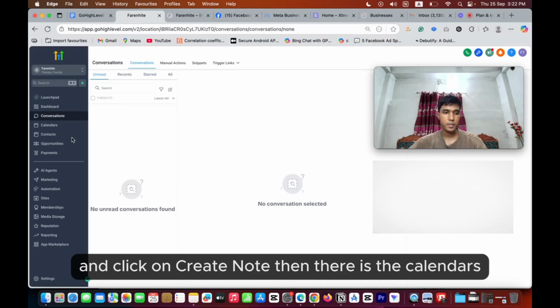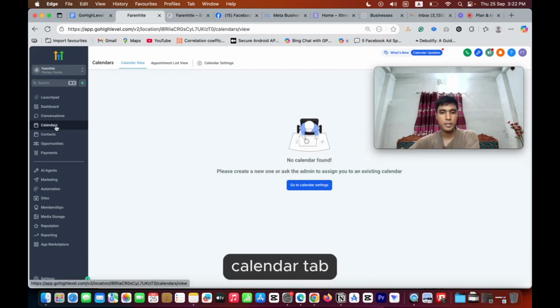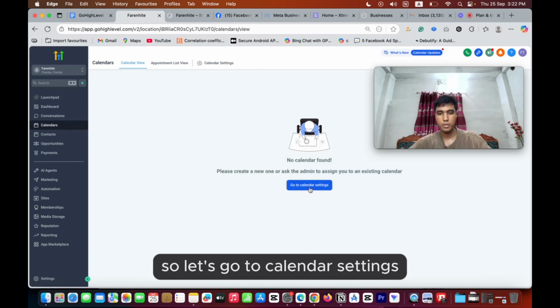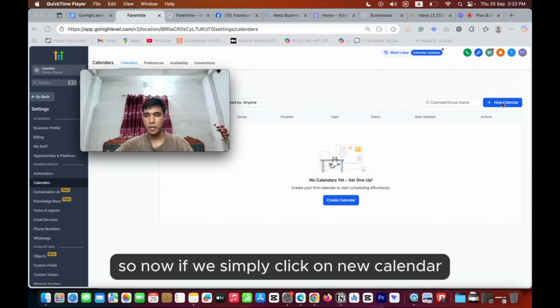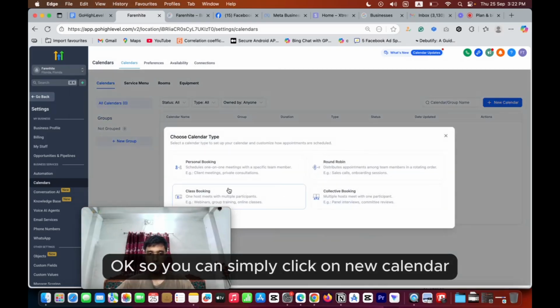Then there are the calendars. All of our appointments and calendars live inside the calendar tab. We don't have any calendar, no calendar found. So let's go to calendar settings. We'll create a calendar here. Now if we simply click on new calendar,